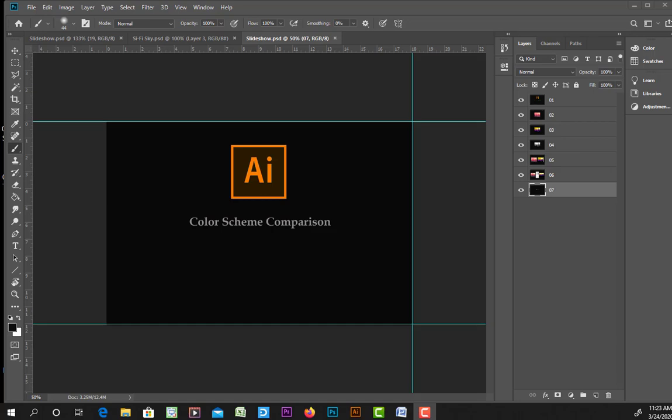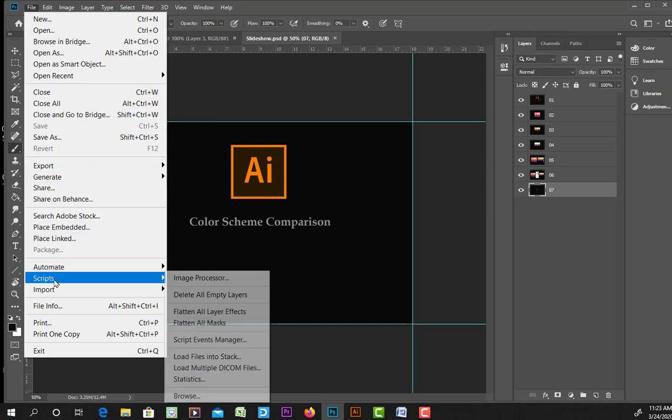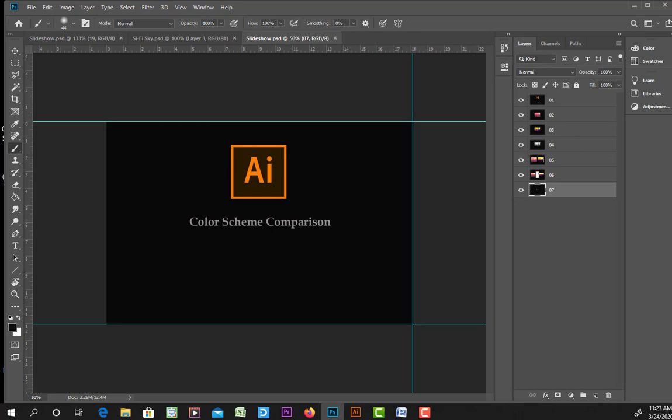So I guess the first part of this might be entitled "How do you load or batch images into a Photoshop file into a stack?" I've got a whole bunch of images that have come out of a screen capture session that I did, and what I'm going to do is go to File, Scripts, Load Files into Stack